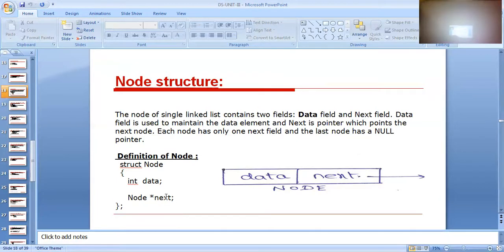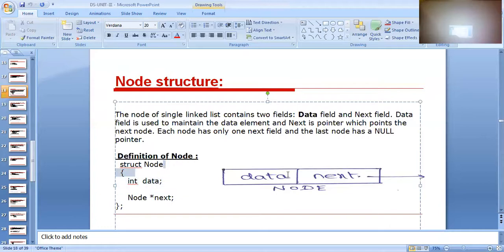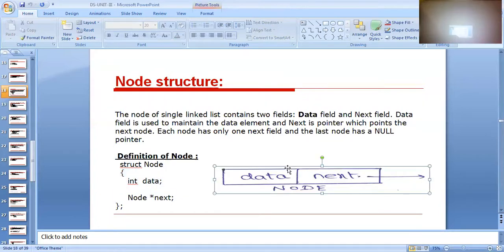Star next is a structure pointer variable. That's why it holds the address of another structure variable. So this is the node. It contains how many parts? Two parts. The first part is the data part, and the last part is the next part. Next part means it holds the address of another variable.